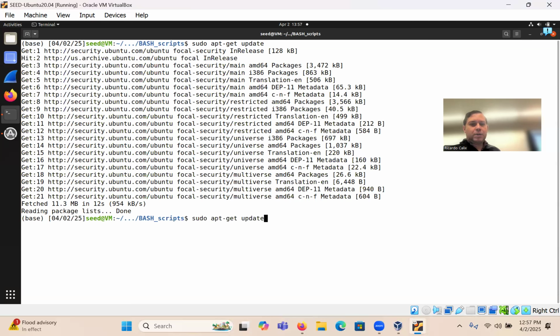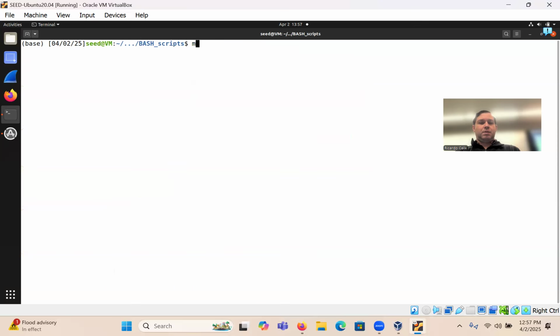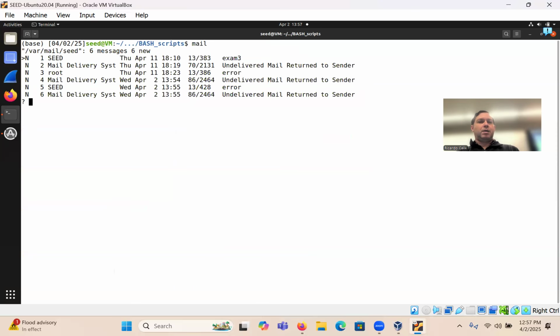All right. And then once that's done, I would run sudo apt-get install mailutils. Right. I have it installed already. If mail doesn't work, try sudo mail maybe.